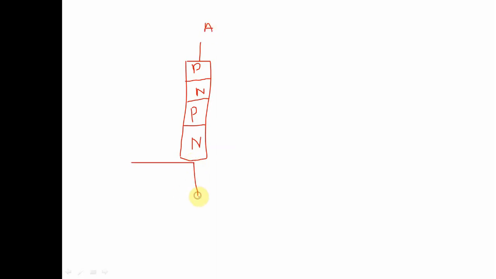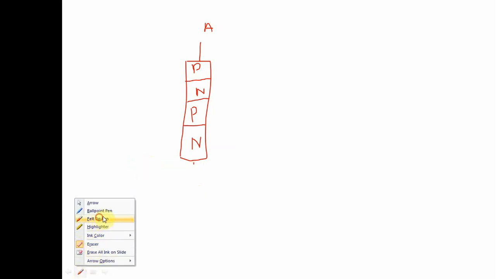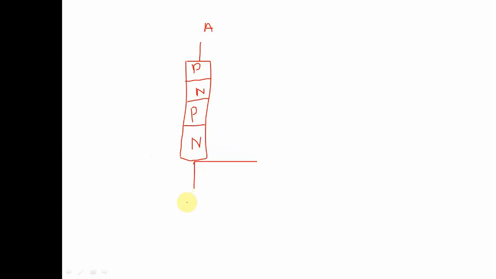Here the cathode terminal is present, and here the gate terminal is present. Look here, this is the positive terminal of the battery, connected to the anode, and the negative terminal of the battery is connected to the cathode.